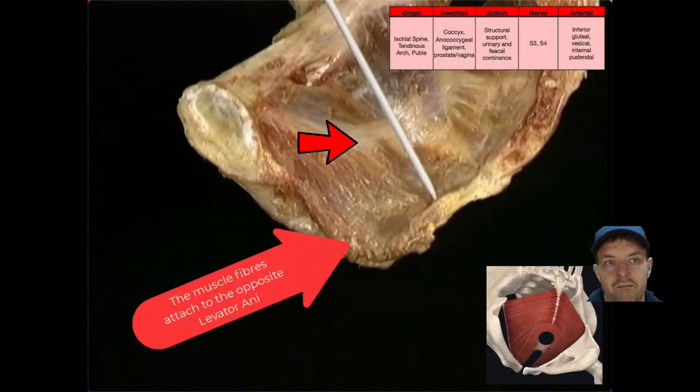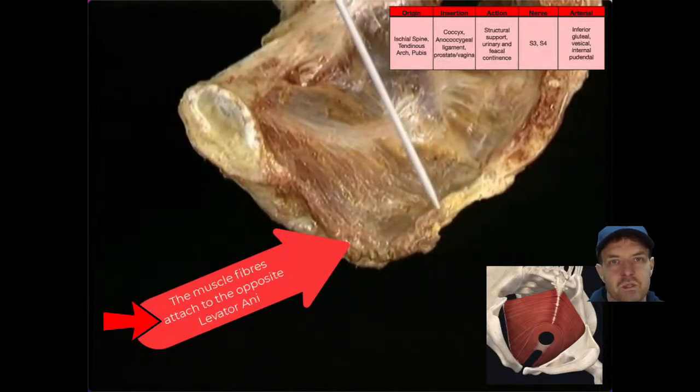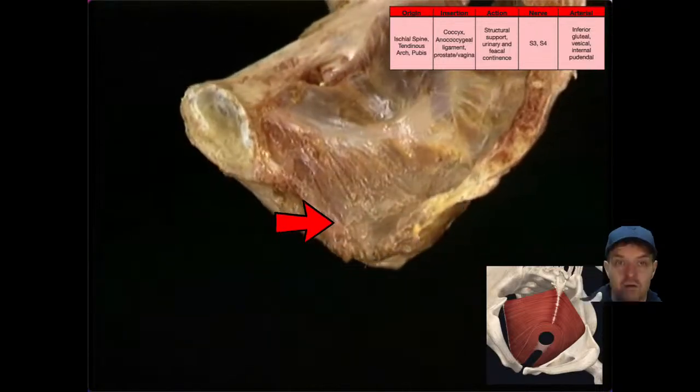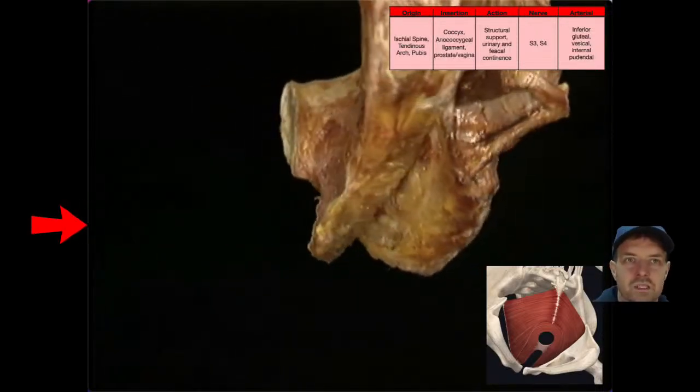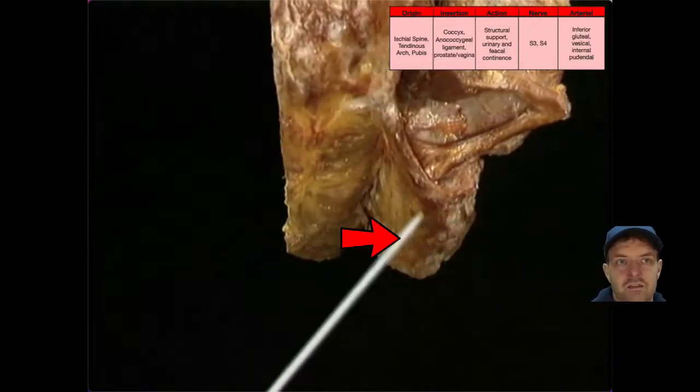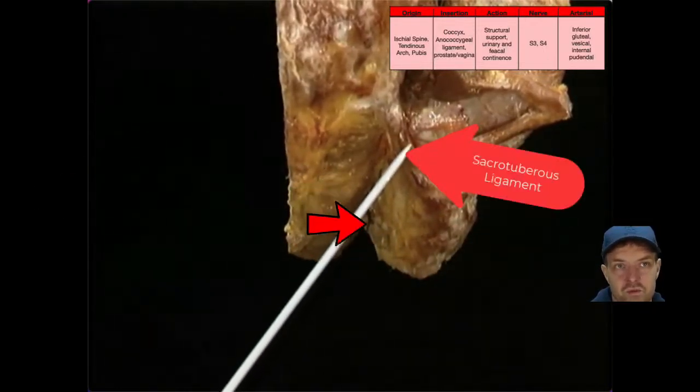And there it is. Okay, so the muscle fibers attach to the opposite levator ani. Obviously this is half of the pelvis. We'll see the other half. There we go. If you imagine the other side, there's the ischiorectal fossa, which was full of fat from earlier,